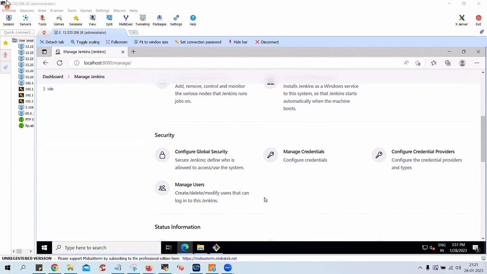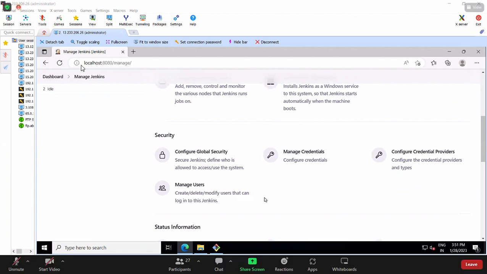Okay, so take down the security as well. So please write the options of security. Under security, you have something called configure global security, manage credentials, configure credential providers, manage users. The next,